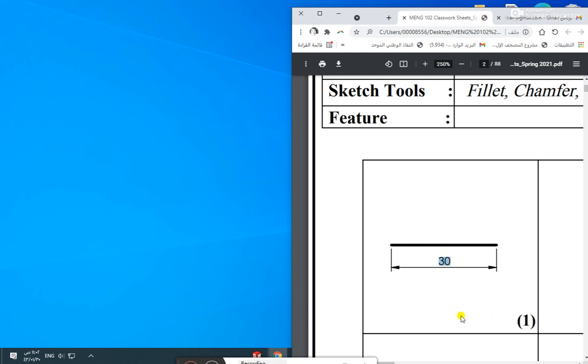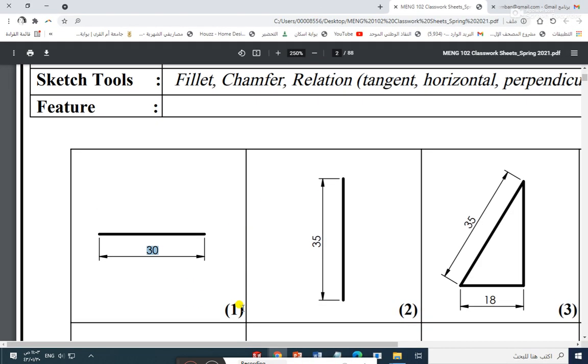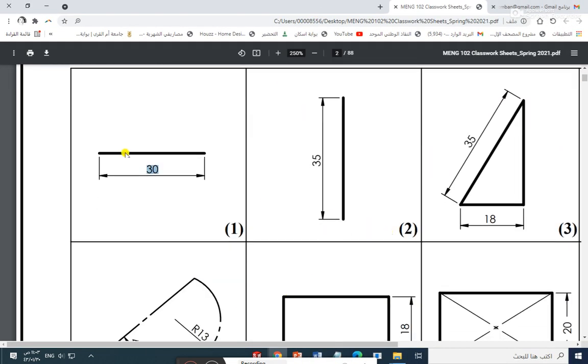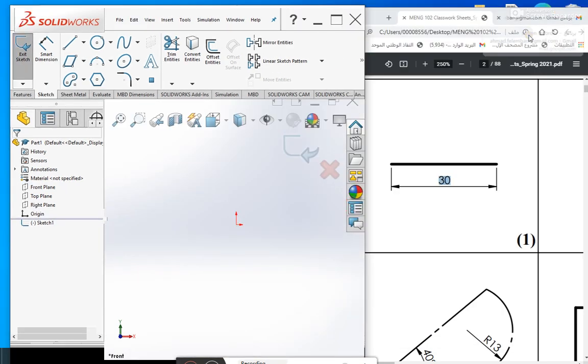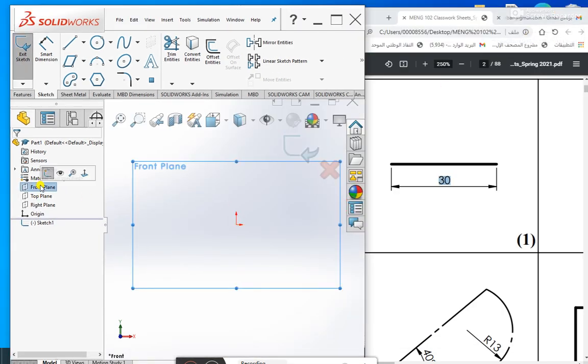Okay, so if there is no note there, all dimensions will be in millimeter. So just make sure that you are using MMGS, millimeter gram second, which is the default option. Okay, now after activating